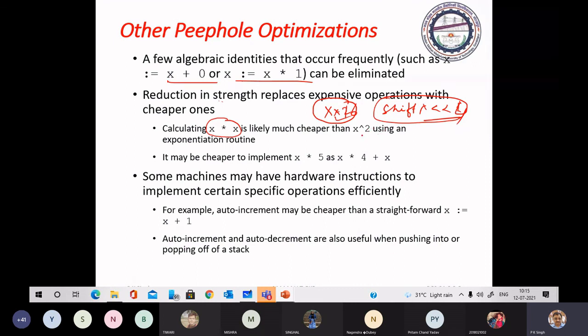This type of optimization: suppose you are doing this computation in a loop, X equal to X into I, where I is the loop index, then you can use the previously computed value instead of recomputing it and add X. Okay.